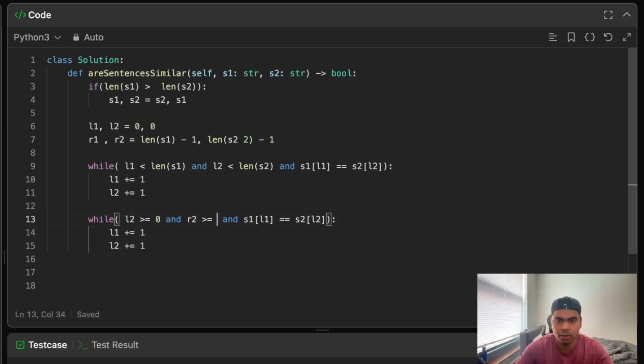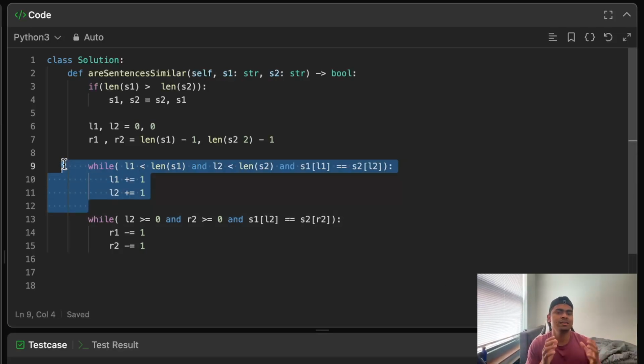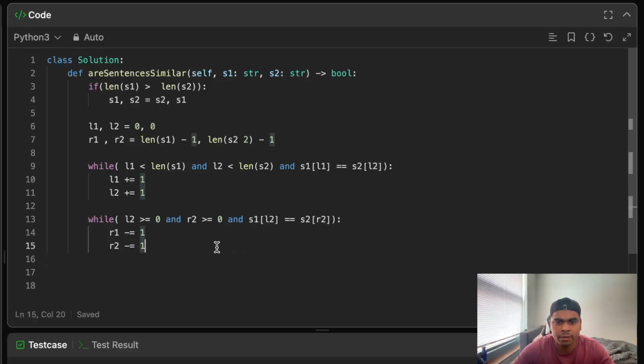Since now we are bringing these pointers back. Okay, so R1, R2, and let's switch these as well. What I'm trying to see is, okay, R2, this has seen if we could see some words or all of the words of sentence 1 in the beginning of sentence 2. Now we want to see if there might be remaining words that I can see in the end of the sentence. So what I'll do is